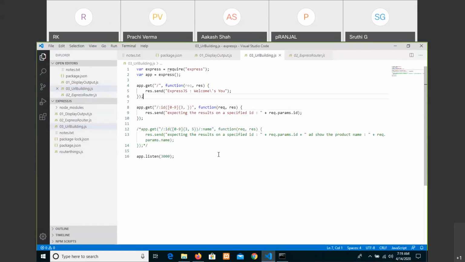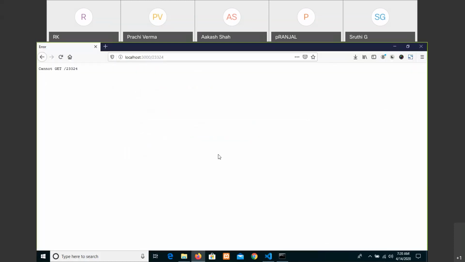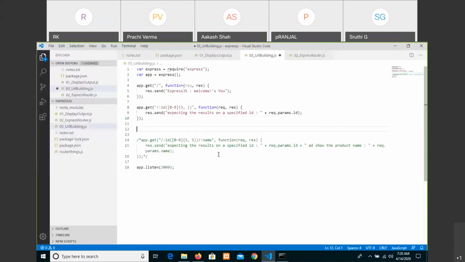So let us do one thing like this. If the page is not loading, for example, instead of showing an error message like this, I mean, cannot get, for the time being, let me do one thing. Let me load.